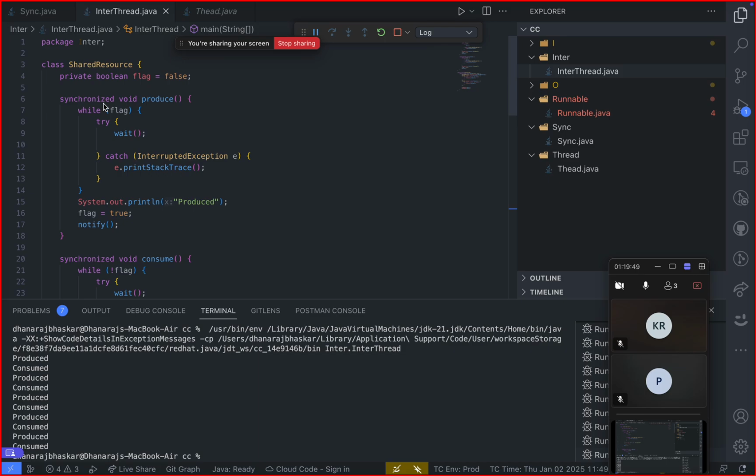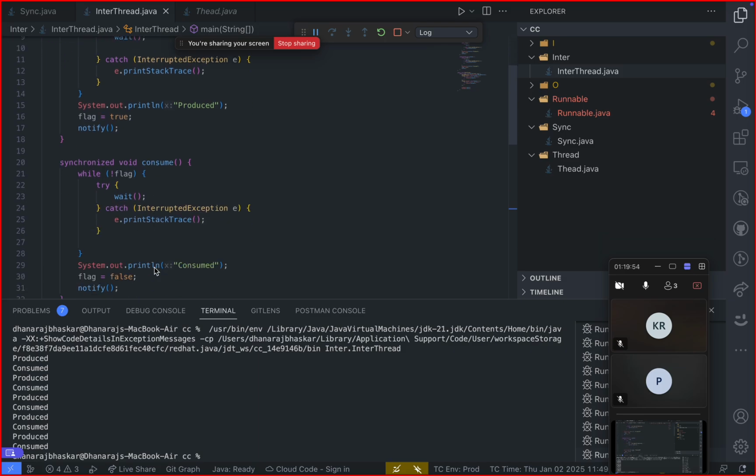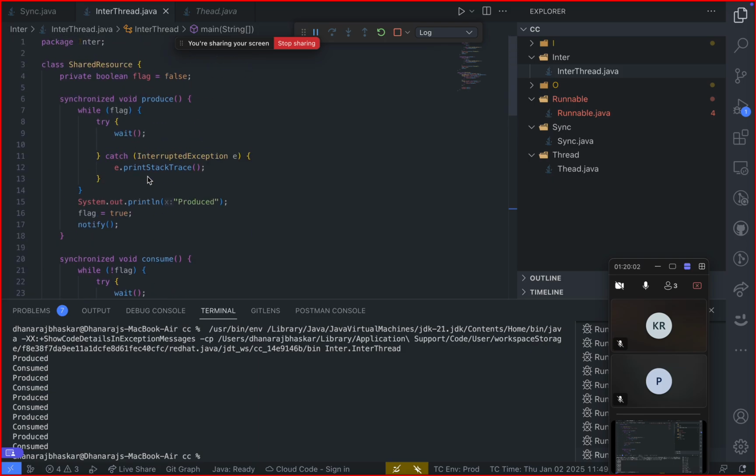Okay, and the synchronized wait consume is a method for the consumer thread to consume an item. And the shared resource produce method allows the producer thread to produce an item. So here the behavior, we can say, is like this: if flag is true,